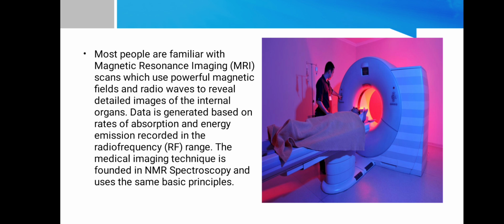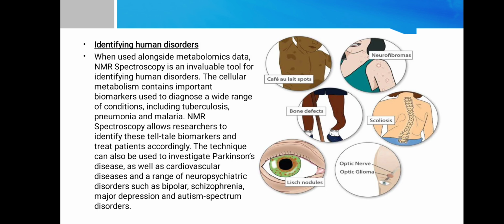Data is generated based on the rates of absorption and energy emission recorded in the radio frequency RF range. The medical imaging technique is founded in NMR spectroscopy and uses the same basic principles. Identifying human disorders. When used alongside the metabolic mix, NMR spectroscopy is an individual tool for identifying human disorders. The cellular metabolism contains important biomarkers used to diagnose a wide range of conditions, including